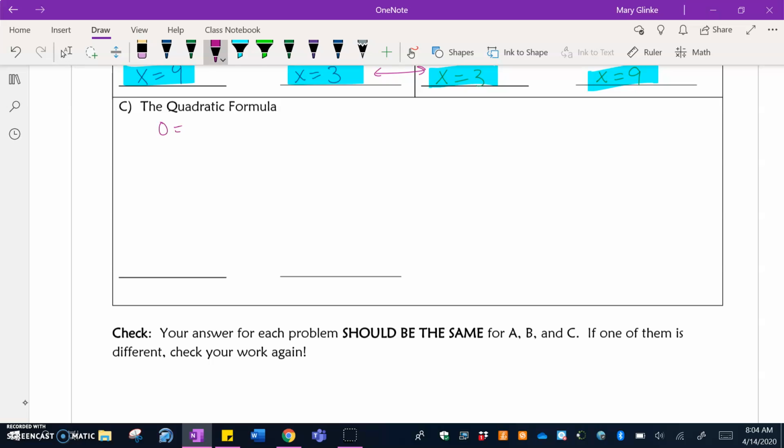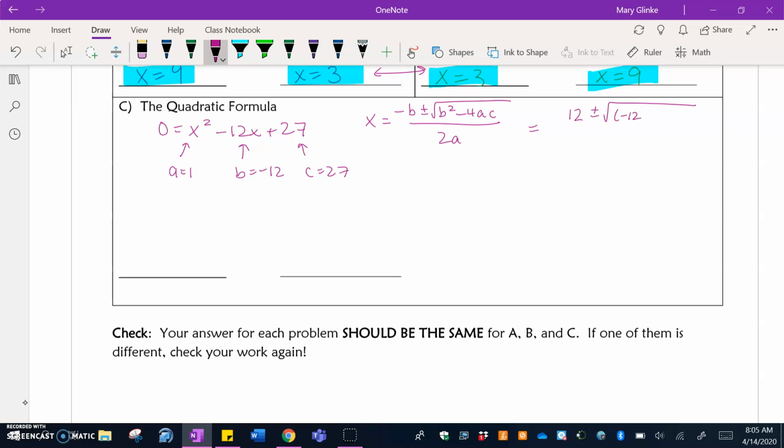So again, we're going to replace y with 0. So it's 0 equals x squared minus 12x plus 27. The quadratic formula is negative b plus or minus the square root of b squared minus 4ac all over 2a. So looking at our equation here, a is 1, b is negative 12, and c is 27. We're going to plug in a, b, and c. So we're going to do negative b, which turns into positive 12, plus or minus the square root of b squared minus 4ac